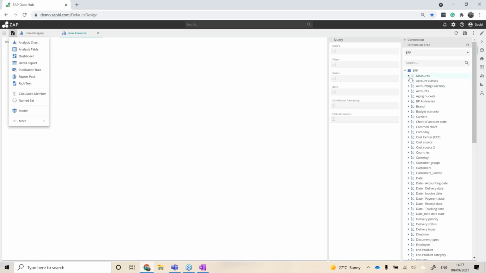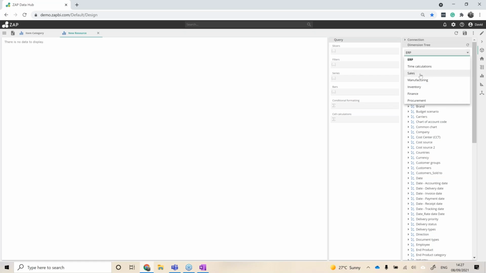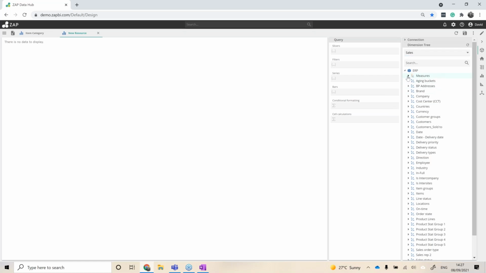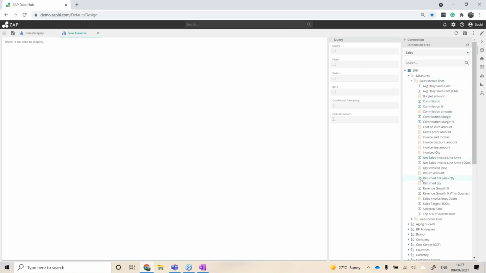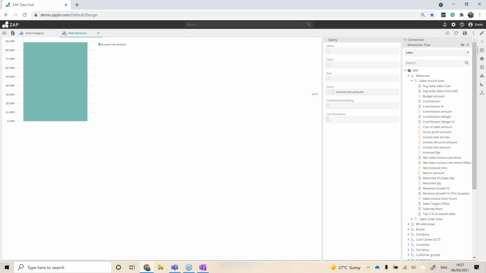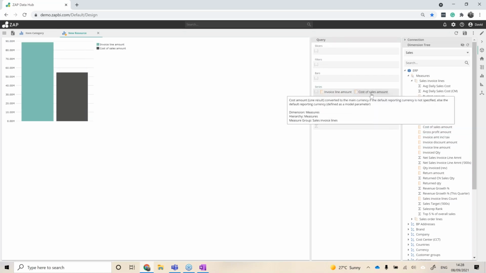So what I'm going to do is I'm going to create a sales report, a trend probably. So here I will just select in this section in the dimension tree that I would just want to see the sales pipelines. So I will filter out all of these sales pipelines. So I only see the sales invoice lines and the sales order lines. So from here, I will just select the normal calculations that we always use. So it's the invoice line amount. I will drag this into the bars. I will also select the cost of sales amount,